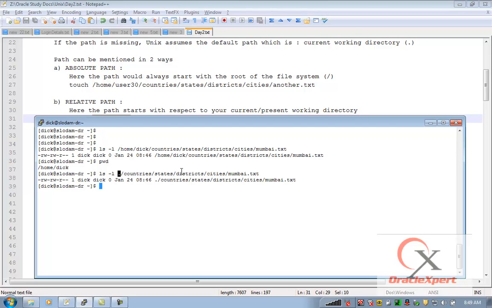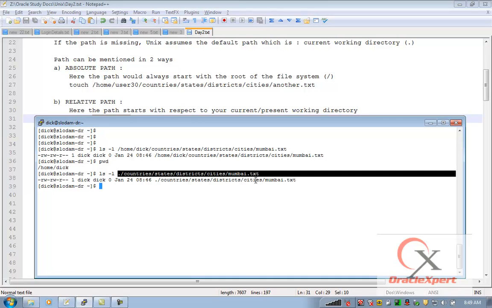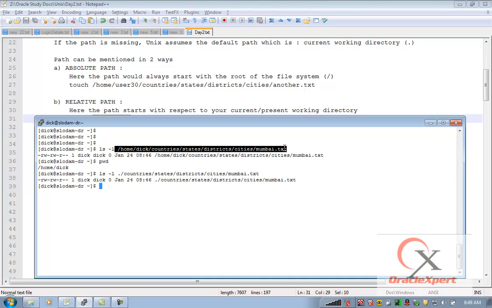So I said in my current working directory there is a folder called countries, and within countries there is a folder called states, and within states there is a folder called districts, and within districts there is a folder called cities, and within that there is a file called Mumbai.txt. This path name is a relative notation. This path name is an absolute notation. So what is the difference? Whenever the path starts with a forward slash as the first character, that means you are using an absolute notation. Whenever the path does not start with a forward slash, that means you are talking with respect to your current